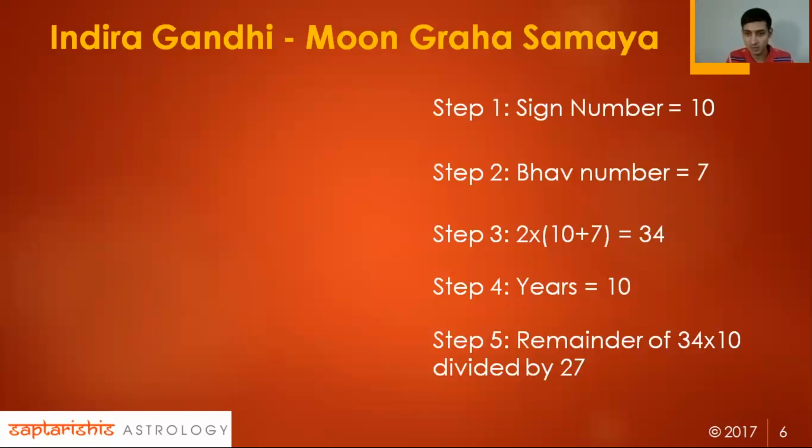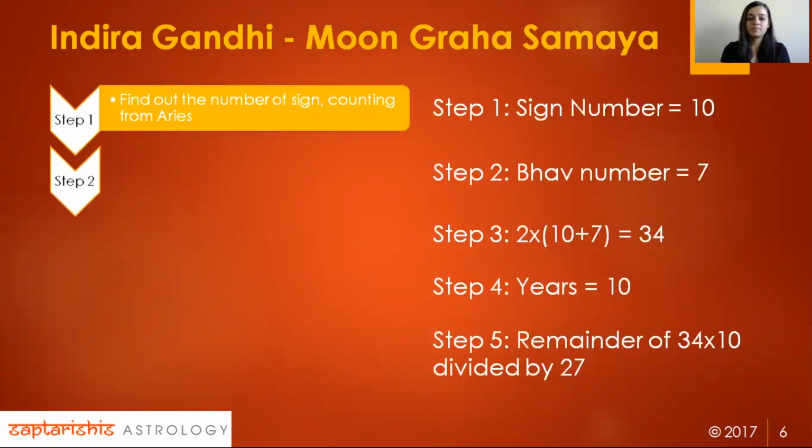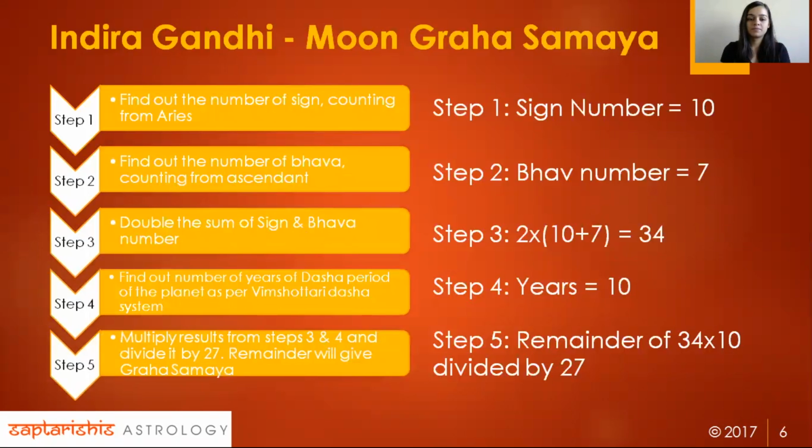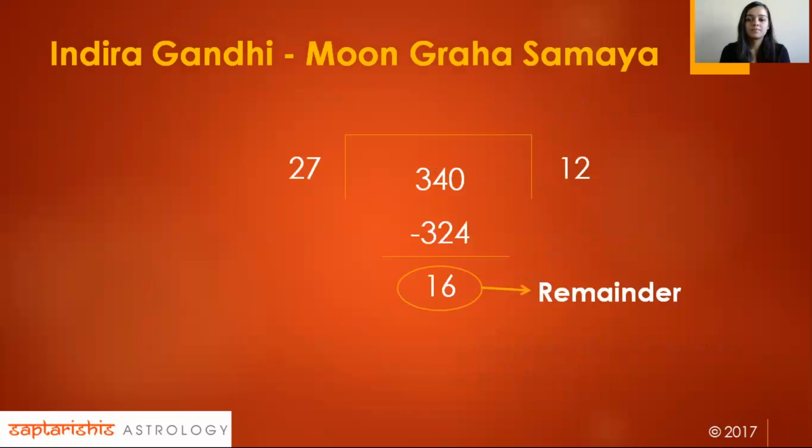Now, for the remainder, we have to multiply 34 by 10, and then find the remainder by dividing this number by 27. So when you divide 340 by 27, 27 times 12 is 324. Correct. So when you subtract 324 from 340, now a lot of people get